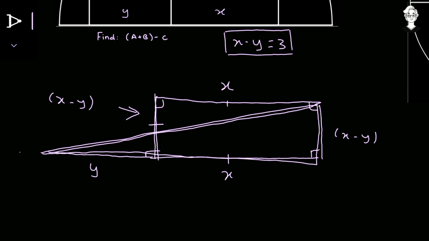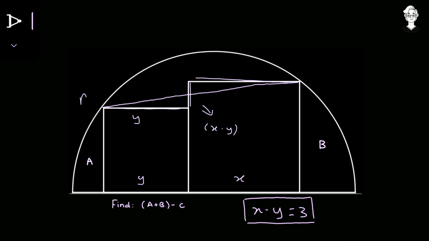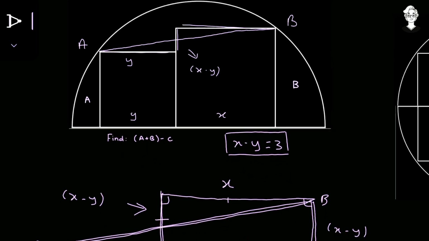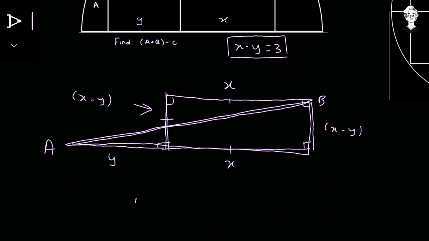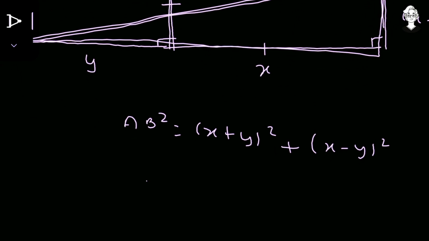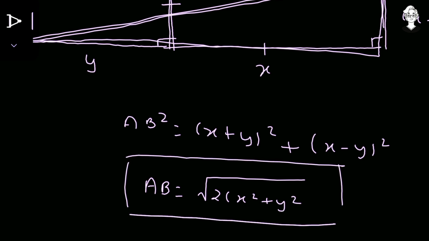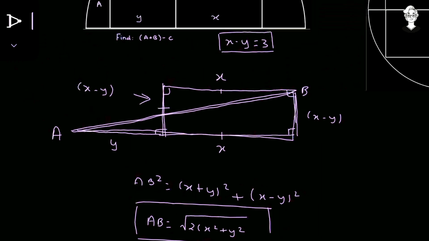So first of all, let this hypotenuse be equals to AB. So in this diagram also let us mark that over there. So this point as A, that point as B. So if we will apply the Pythagoras theorem, we will get that AB the whole square is equals to x plus y, that is the complete base, x plus y the whole square, plus this much length, that is x minus y the whole square. So after simplifying this equation, we will get the value of AB, that is that particular length, as square root of 2 times x square plus y square. Okay. Now we will use this to have the radius of this semicircle in terms of x and y.